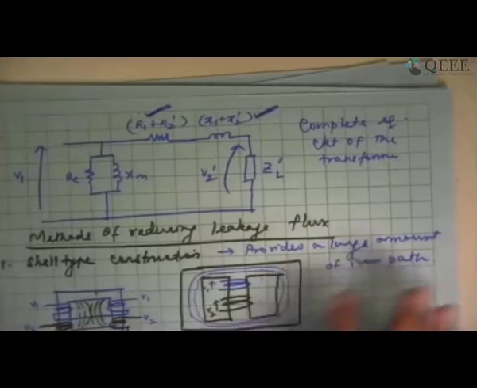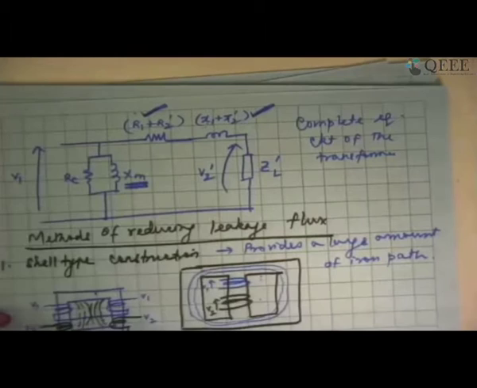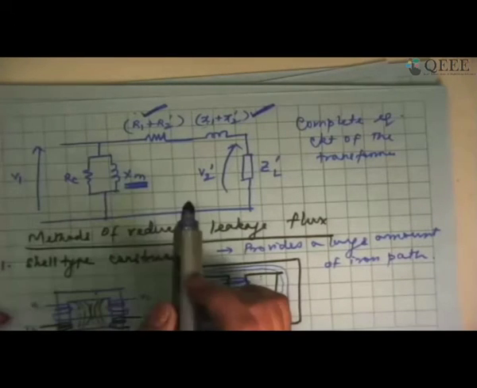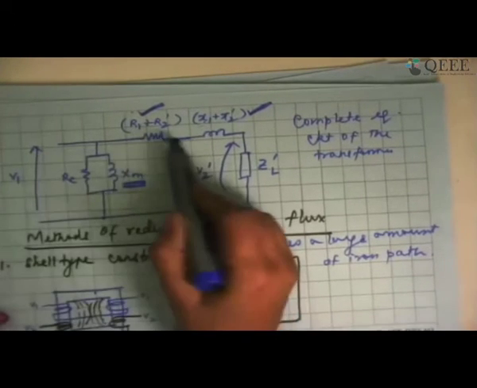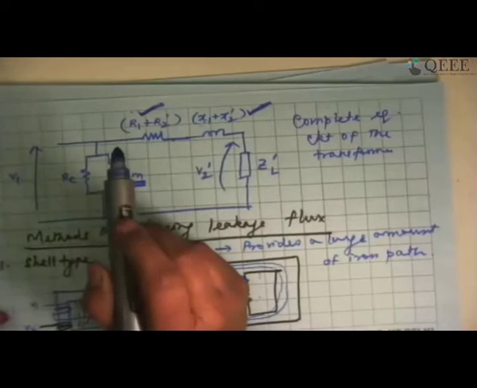There is another question. In the approximate equivalent circuit, the leakage reactance is shown, whereas the linkage reactance is not. No, linkage is very much there. Please look at this approximate equivalent circuit we had drawn. Definitely this is there. This is the mutual linking between the primary and secondary. It's very much there. Only thing is, instead of having it in between R1, X1 and R2, X2, it is all brought to the front side.